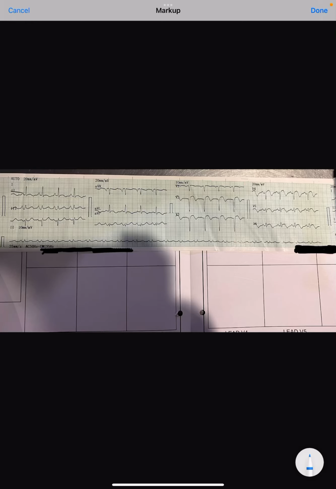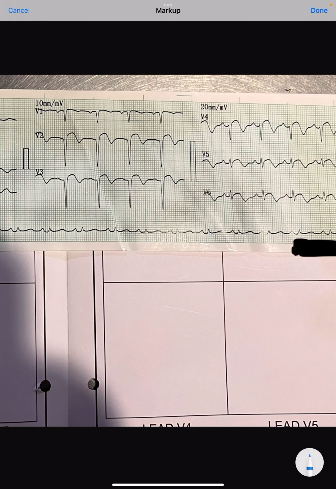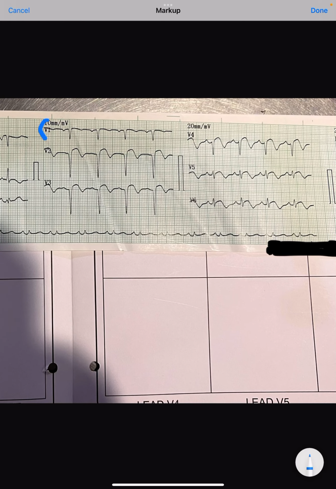Now, this is a very interesting ECG. You can simply pause the video and try to find out where the problem is. Now, when we zoom in, especially in the chest leads, what we can see from V1 to V4 is